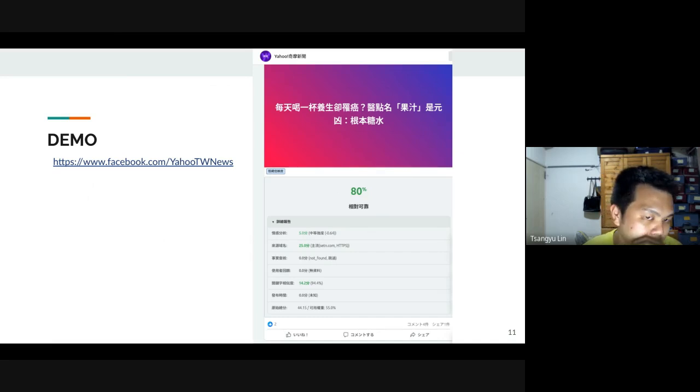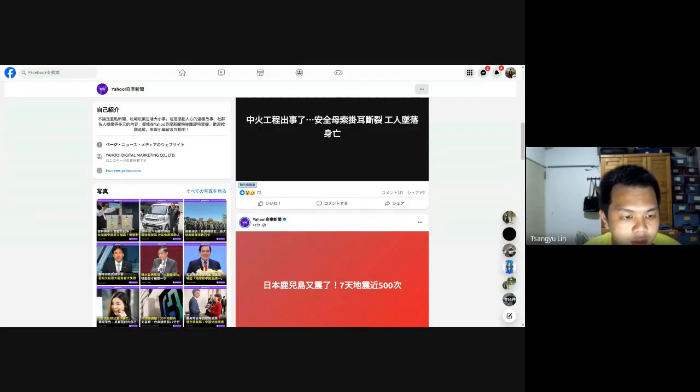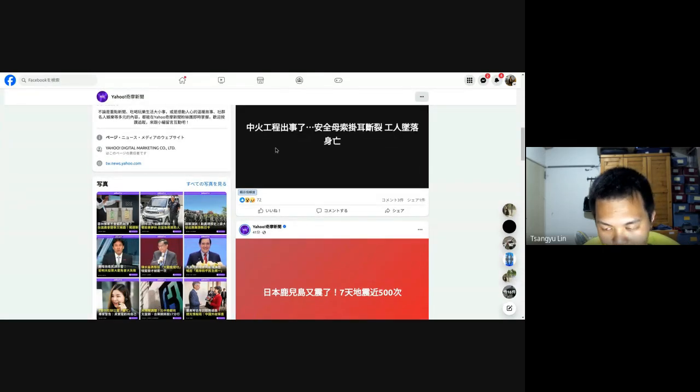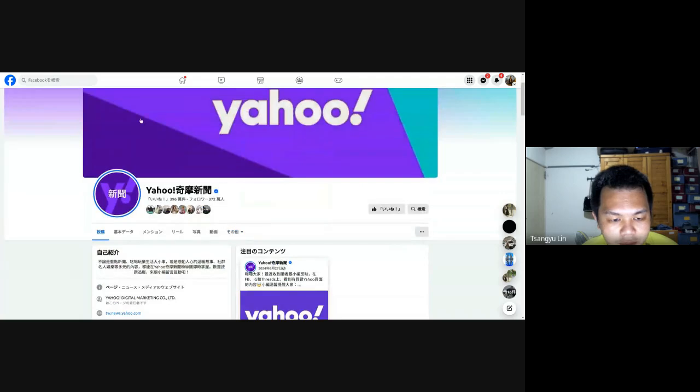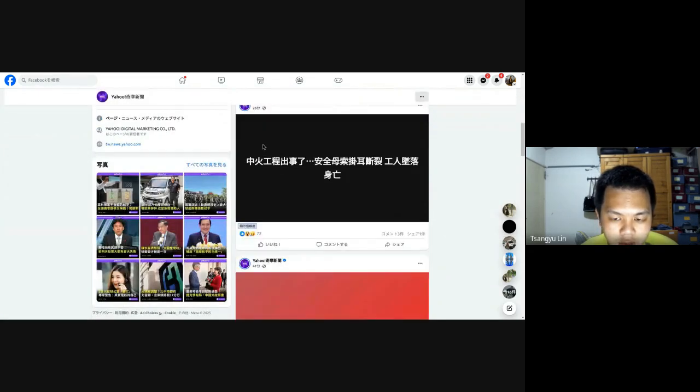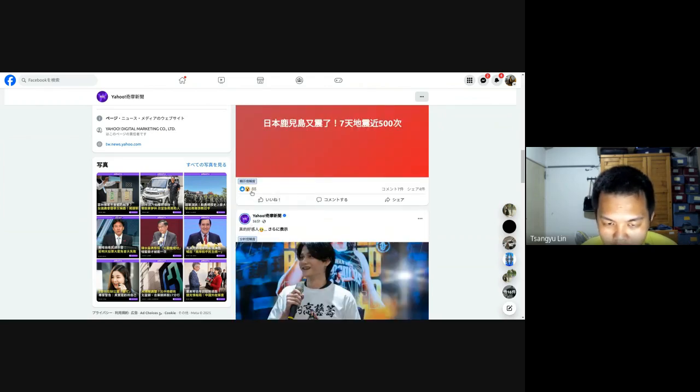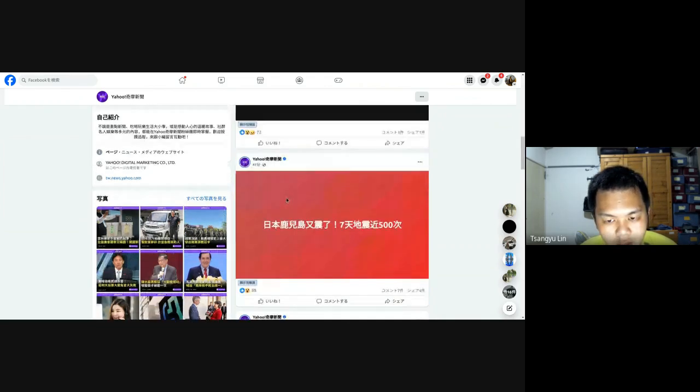So let's get started to demo the actual process of the extension. Let me switch the screen. Yes. So as we can see here, this is an example Facebook post. We used Yahoo News here, and we can see every post here. There's a small button here, and we can click